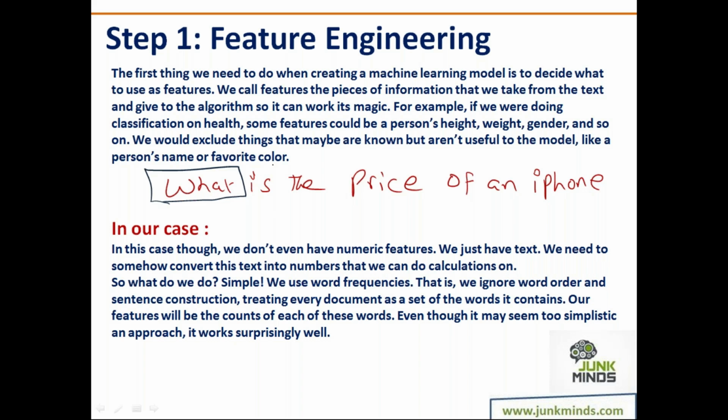Now understand, the word is, the word the, the word of, the word and. Do you think these are going to help say Google in its search? No. What Google actually picks up is just this much. That's it. So when it is searching, if you type what is the price of an iPhone and what price iPhone, you will get the same result, because these words are always part of the vocabulary, but they are not helpful when it comes to implementing whatever other technical concepts, we will just eliminate these words.